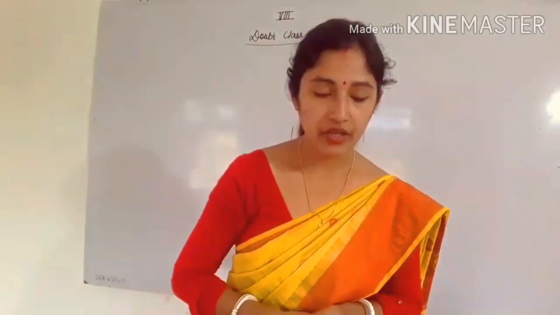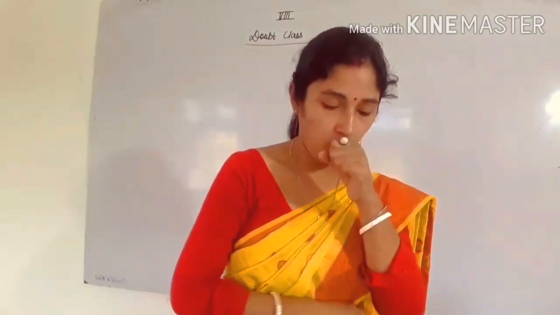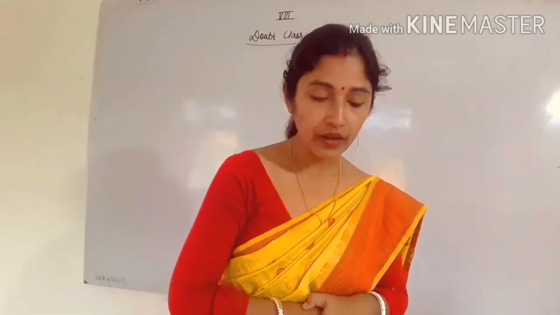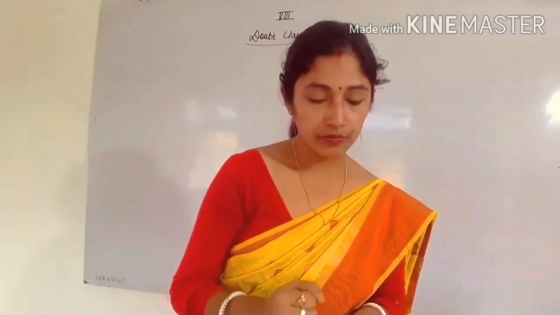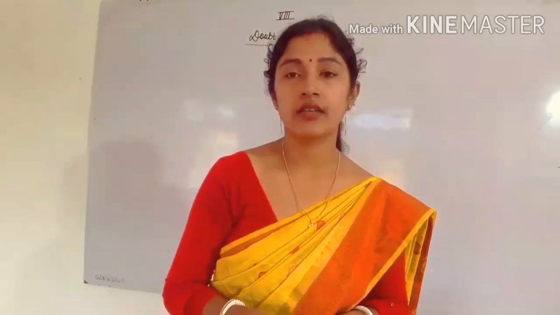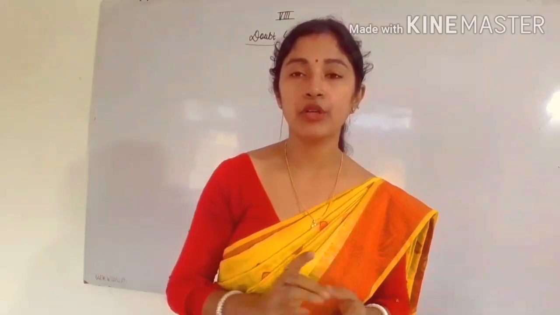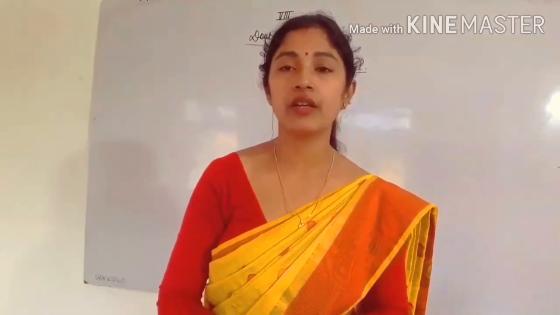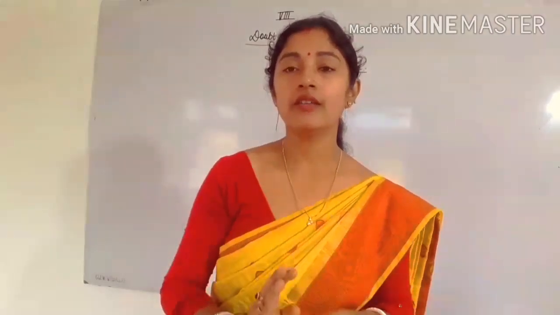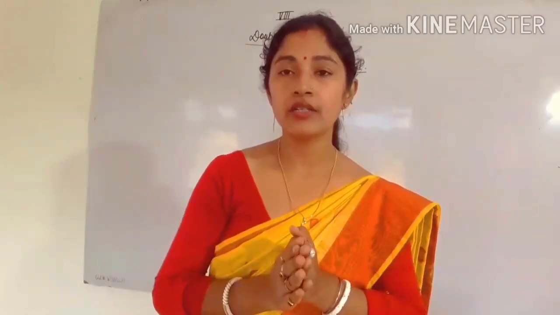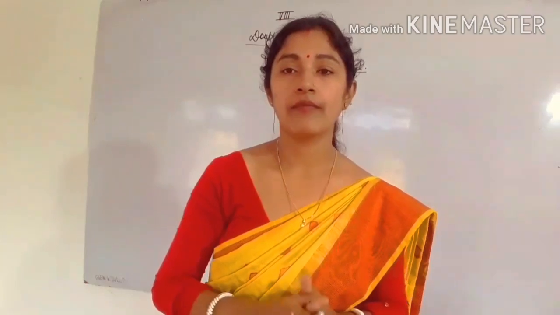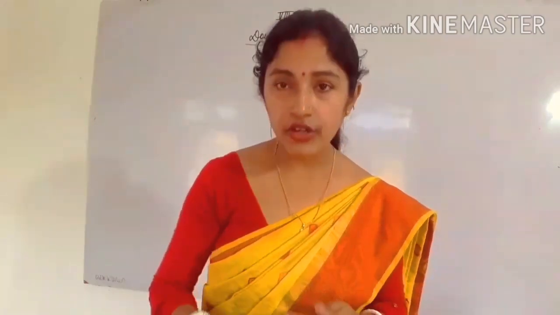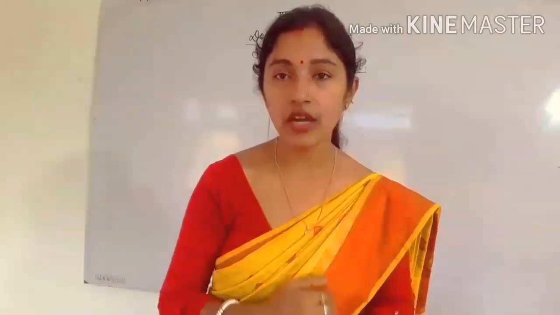Next question is from exercise 1.7. Question number 1. You have to find a rational number between -5 and -6. See, if you have to find only one rational number between two given numbers, then there is a simplest method. The simple method is you can add the two numbers and divide it by 2. Okay, that means find the average of the two numbers which are given.